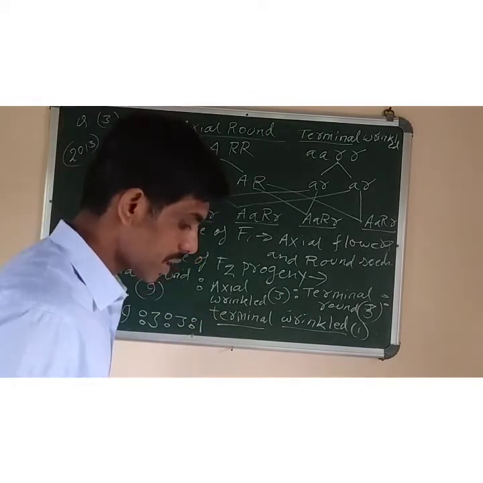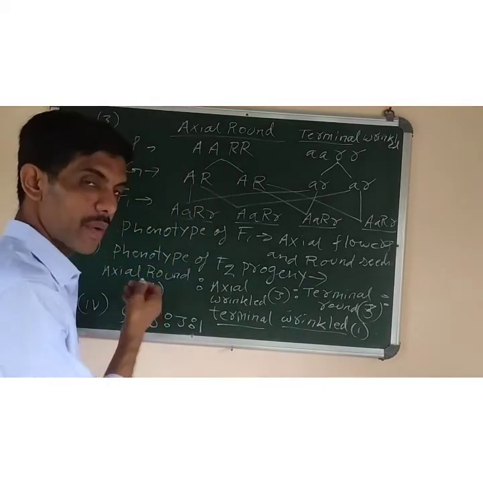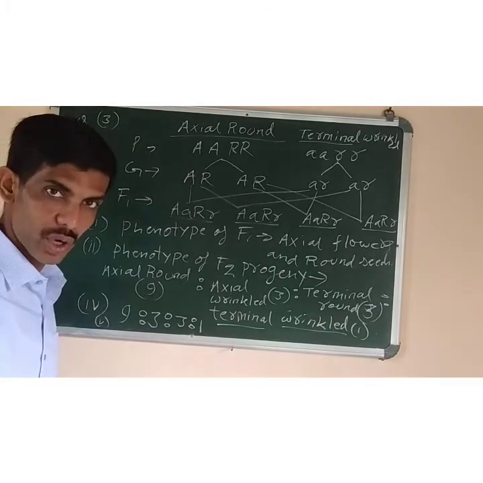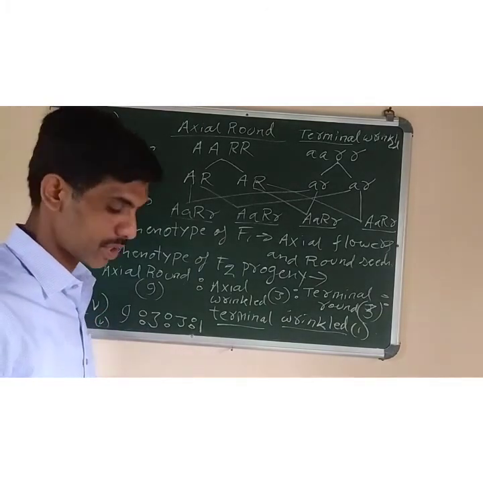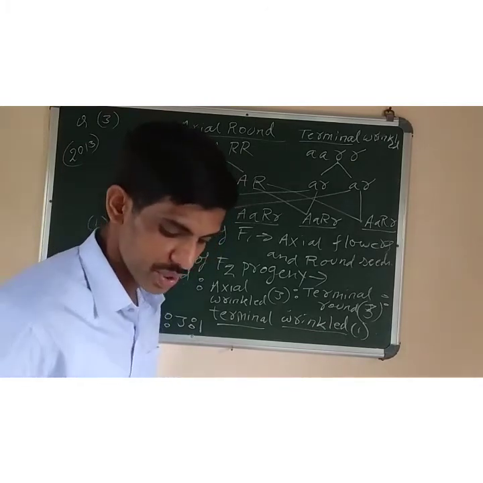And the last question is number 5. Name and explain the law of Mendel on the basis of the above observation. And the answer to number 5 will be the law of independent assortment. And again you have to write the definition of the same. Now next questions. Two more questions are left.